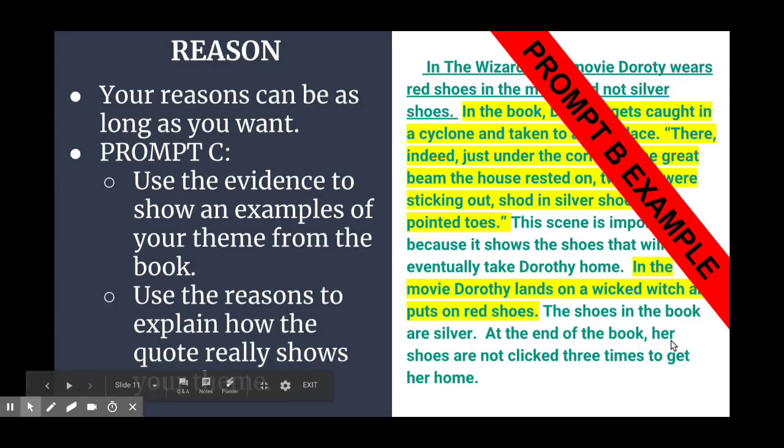For the third prompt, which is to choose a theme, you are going to use the evidence to show an example of your theme in the book. Show it happening. Show the lesson in